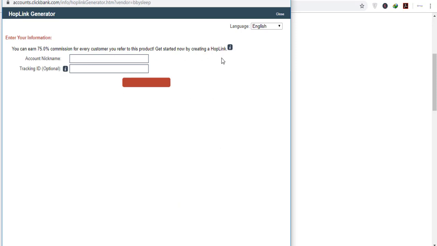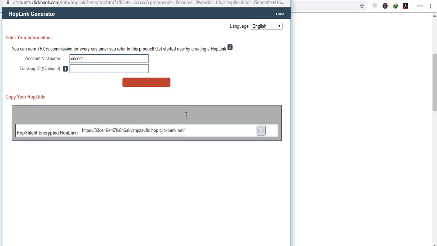Once you have created your account with Clickbank, you will see your nickname here. Let's suppose that is my nickname, then you can click on generate hop link. This is your affiliate link. You can copy that link,